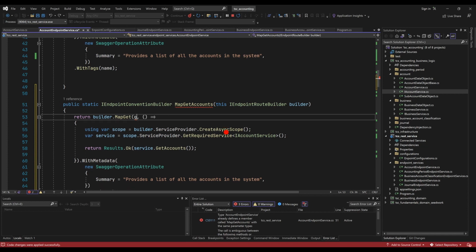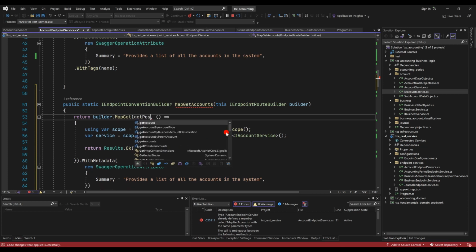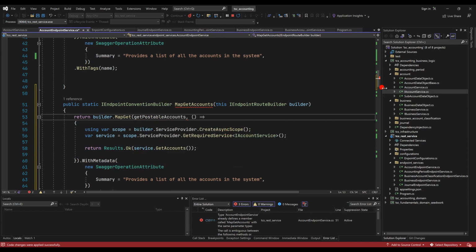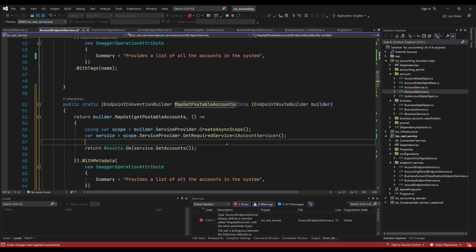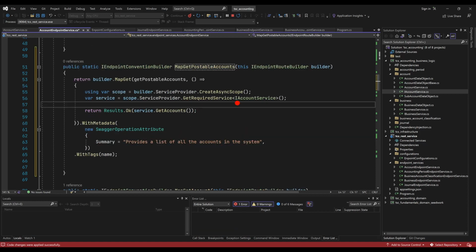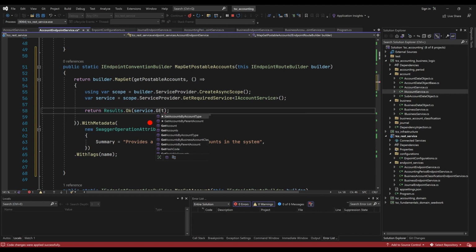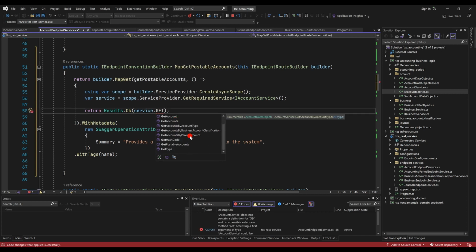So this would be get postable accounts like that, and here will be map get postable accounts, and that is the name of that endpoint. And here we will be doing the basic thing of get postable accounts. We should have that in here, get postable accounts,